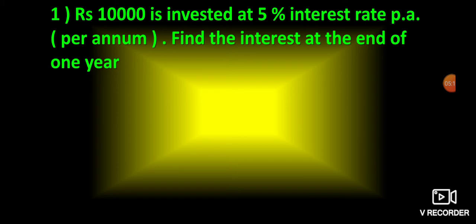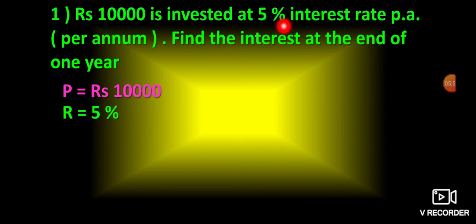That is 5% interest for 1 year. This bank gives us 5% interest for 1 year. We have to find the interest. How many rupees we have to pay back as interest at the end of 1 year. After 1 year, we have to pay back not rupees 10,000 only. With 10,000, we have to pay back interest also. So we have to find the answer. P equal to rupees 10,000. P is the borrowed or invested money. P equal to rupees 10,000. Interest rate.